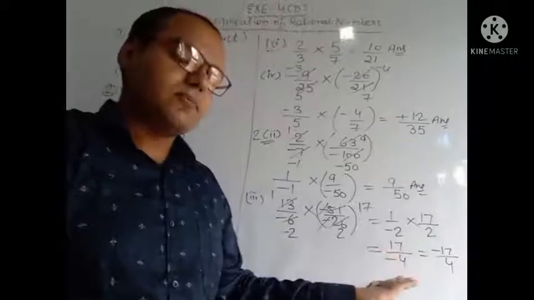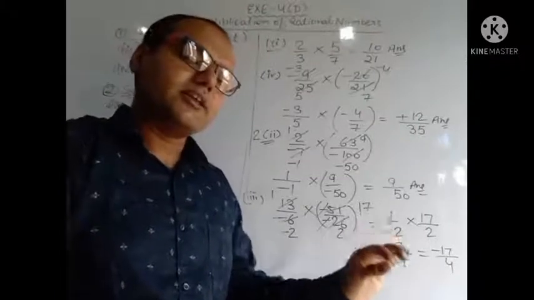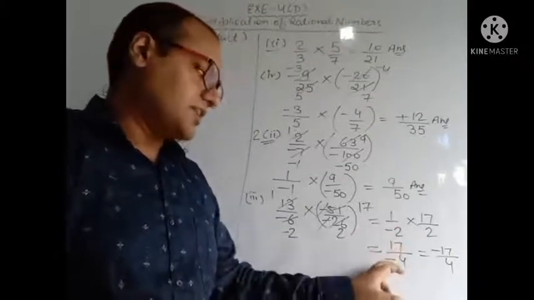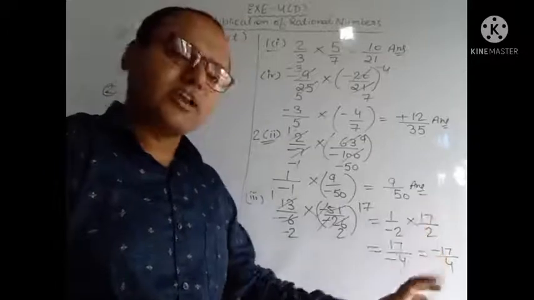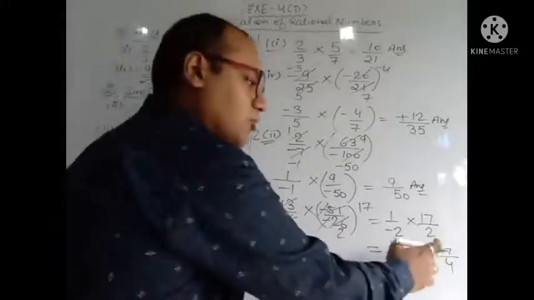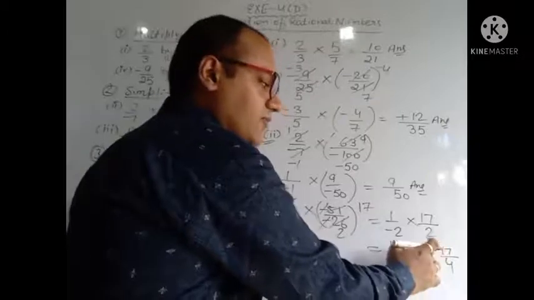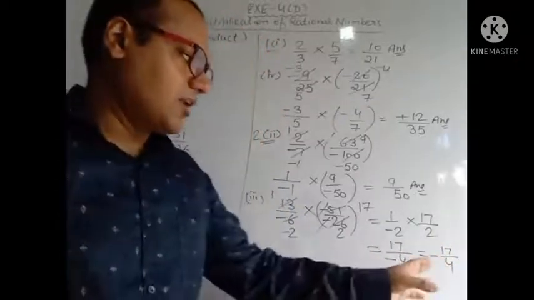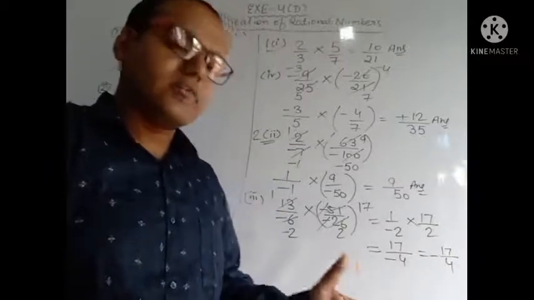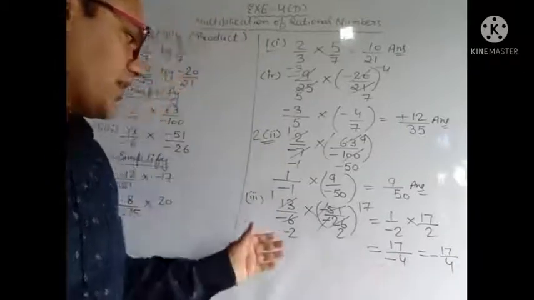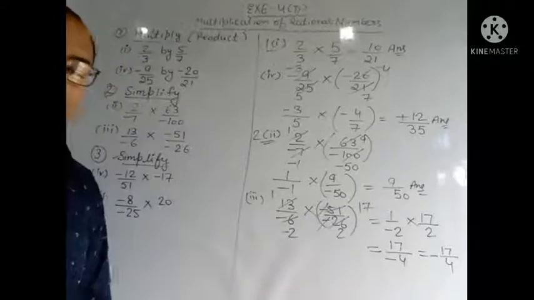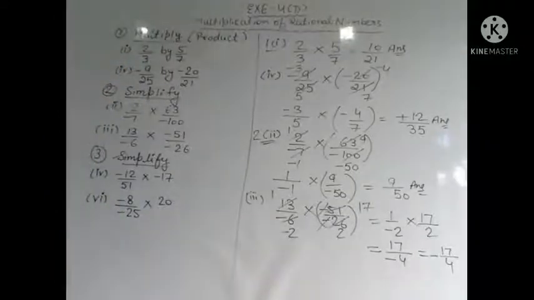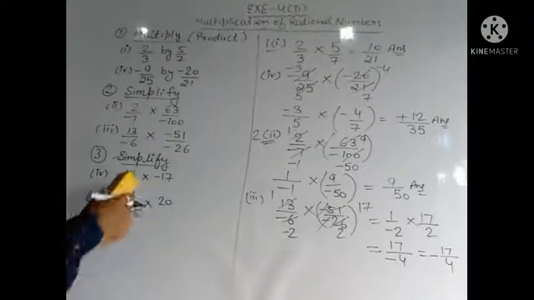Whenever minus sign will be there in the denominator, then in that case what you will do, this minus you will put either in the 17, and one more way is there to write it. We can put minus sign here also, in the middle. In the middle also we can put minus sign. So both the ways are correct. So this is your final answer of this second question, third part. Now see another question. Question number third.